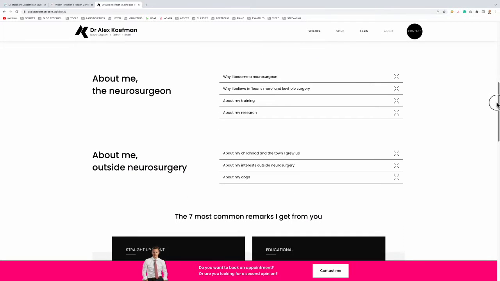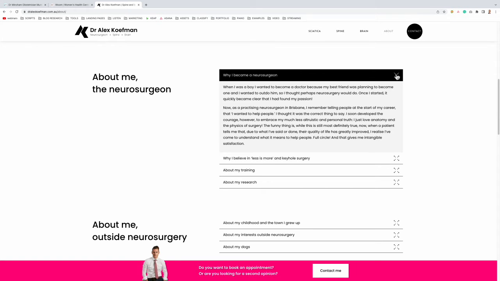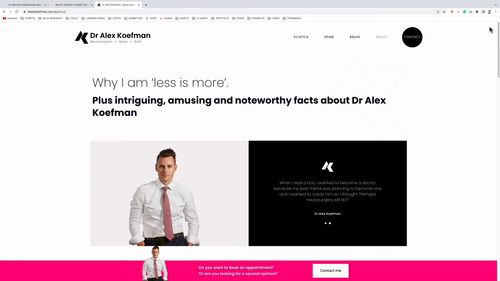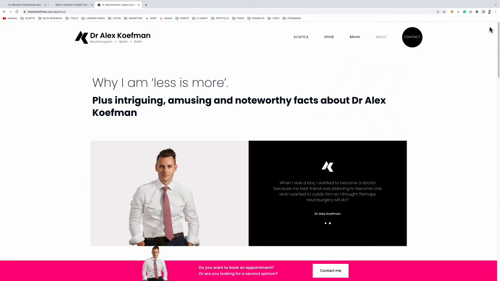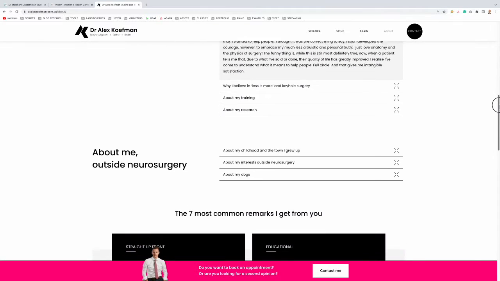Now, as a scientist, as a doctor, as a specialist, you might think that a phrase that starts with "when I was a boy" is not a good idea for a medical website. Yet, what we see time and time again is that this approach really works. The About page is the second most used page on a medical website. Just the homepage is obviously the most popular one. But the next page most patients will visit would be the About page. It's also the page where patients will spend more time.